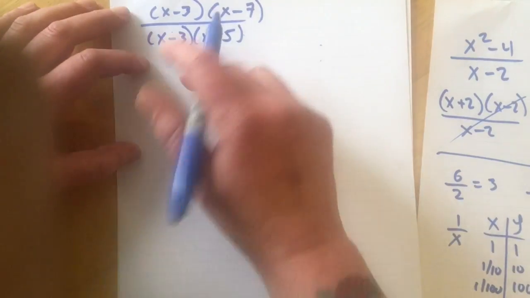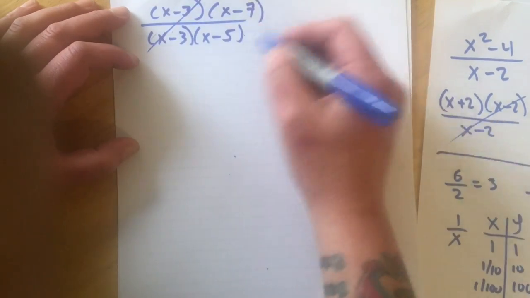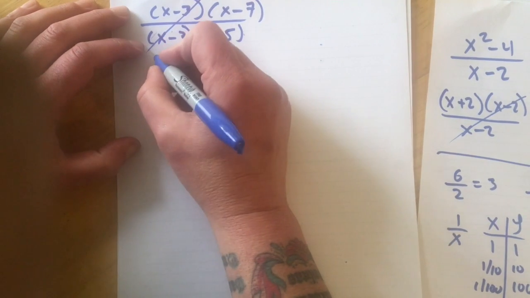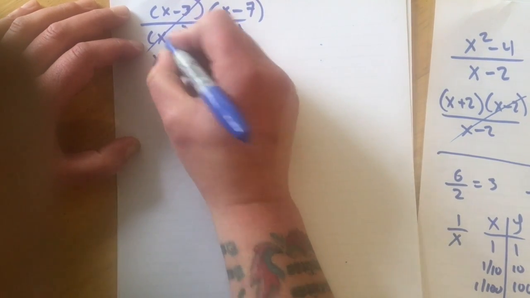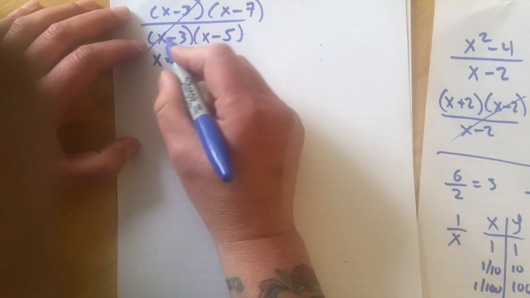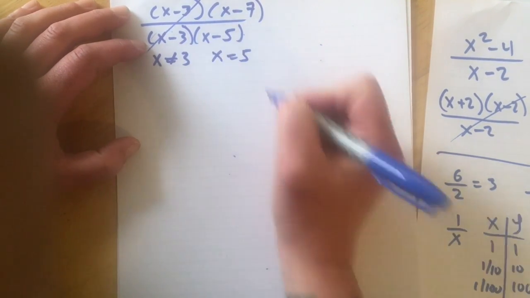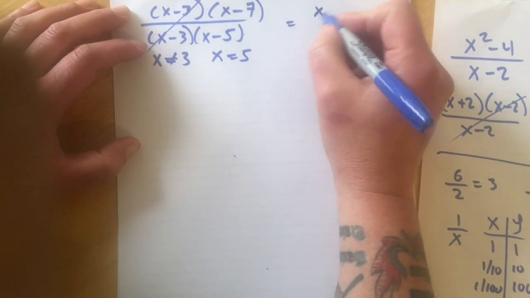So over here, I would reduce this and I would get this as my answer, but for the restrictions, it has to be both pieces. So here we're saying x doesn't get to be 3, because that makes that one 0, and 0 times who cares, still 0. And then this x couldn't be 5, because that's what would mess that one up. So even though this would be the answer,